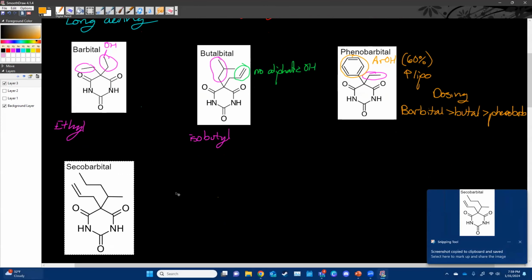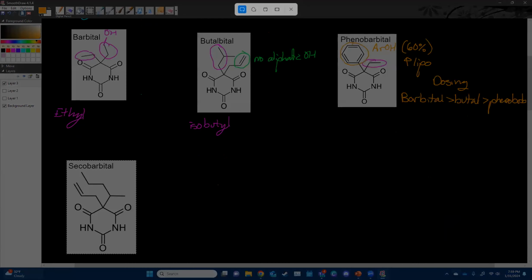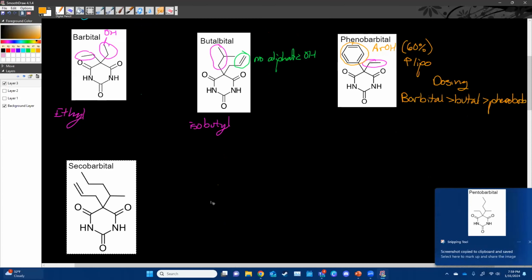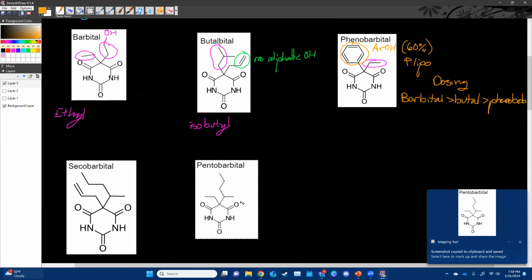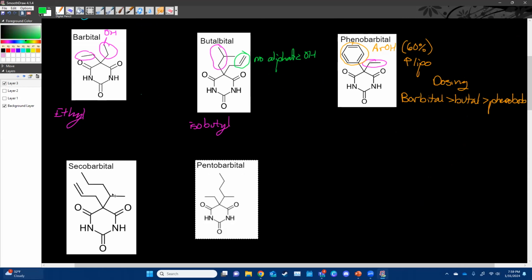All right. Moving right along, we have our intermediate acting. And here what we are doing is we are using some of the same concepts from the long acting, but then we're making it worse. So for example, in pentobarbital,